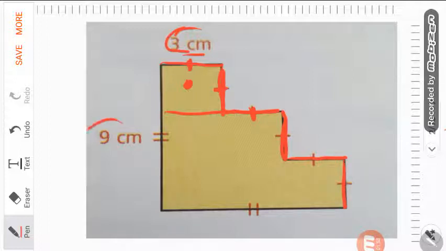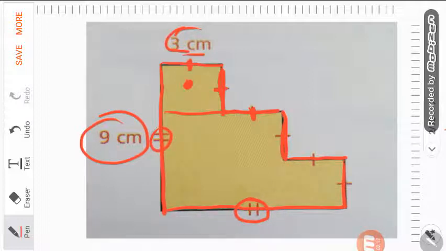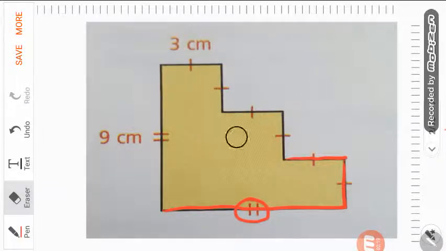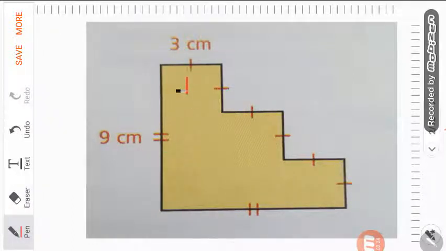It is also telling me that on this side it measures 9 centimeters, and then I have a different symbol with like 2 little lines. This indicates that this side, all the length, measures 9 centimeters, and then we have the same exact symbol here with no number, but this indicates that this side also measures what? 9 centimeters. So these are things that you have to look at very closely. You have to look for any clues that the geometric figure is giving you, and also at how you can decompose it into smaller parts, like we did before. Okay,